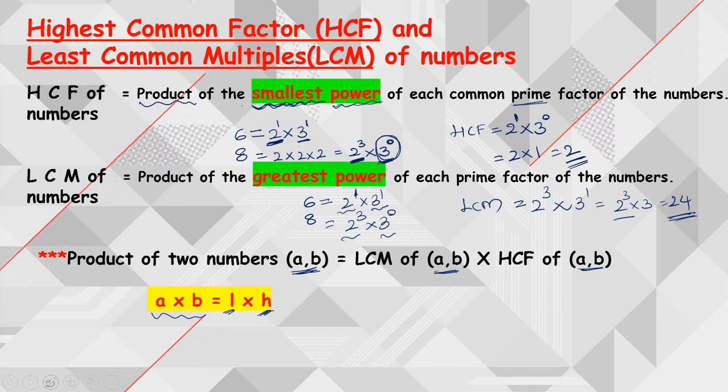So these two are the important concepts which we are going to use in this particular exercise. So what is the first one? First of all, the fundamental theorem of arithmetic. What does the fundamental theorem of arithmetic state? Every composite number can be expressed as a product of powers of primes, irrespective of the order of the prime factors, right? So using that prime factorization, we have learnt how to find the HCF and LCM of numbers, right? So this is one approach by which we can find the LCM and HCF of the given numbers.